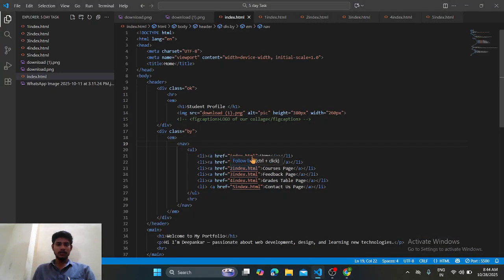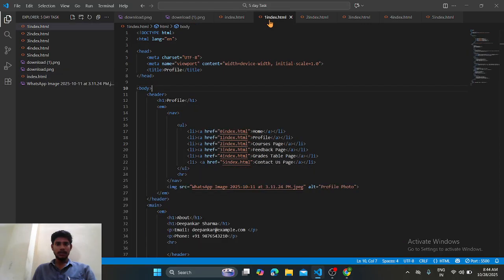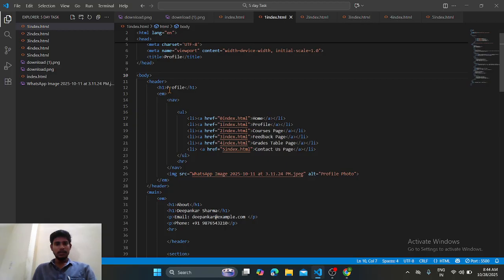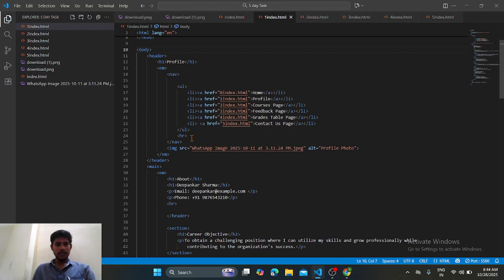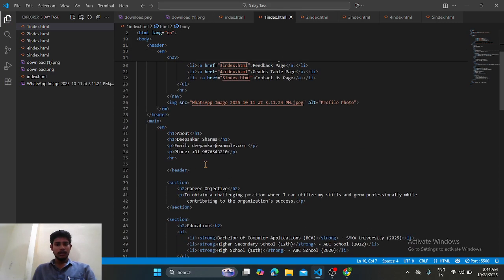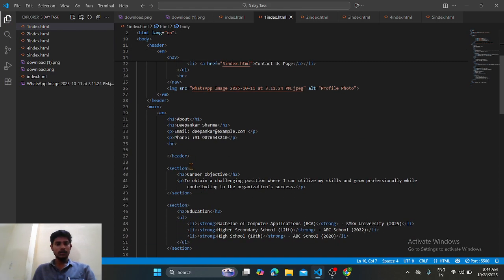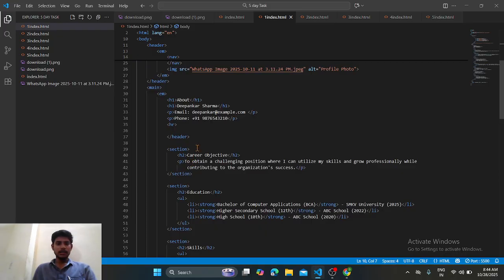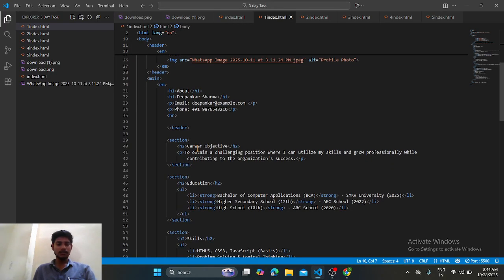And I show you one thing, my profile section. I use the same things here: h1, em, nav, ul, hr, image. We are using image for inputting an image, and alt we are using for the name of the image. The header section, we are using, this is also a block element, and this is also used for putting any container. When we use section, the browser automatically understands that we are writing something like educational or personal purpose.